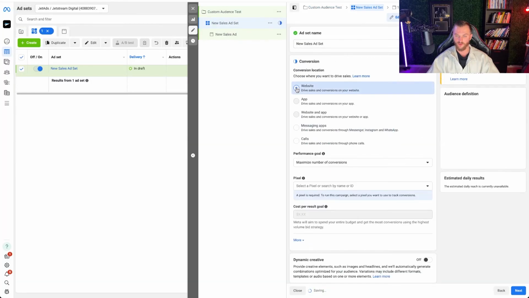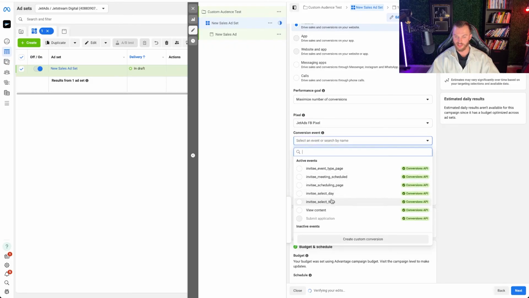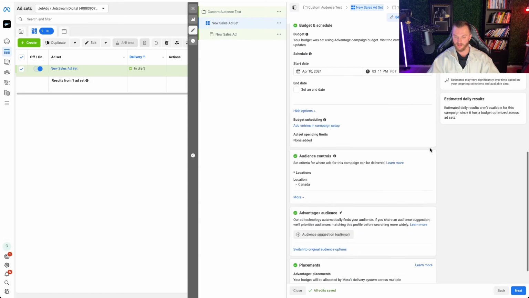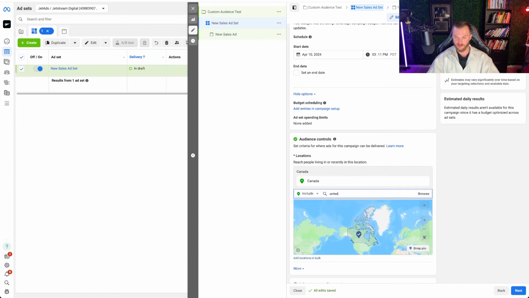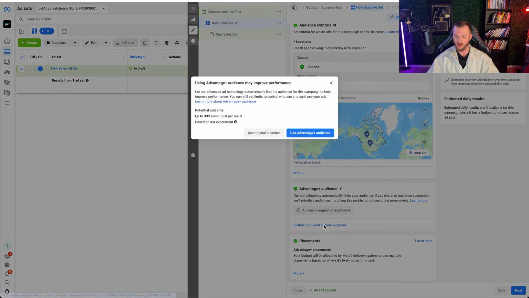And this is where we're going to set this to website. We're going to add our pixel in right here. Conversion name. Let's say we want our conversion to be invitee meeting scheduled. Great. We have that. Scroll down here. Past all of this, you can change your location targeting right here. So let's just say I want to add in the United States as well. Boom. Keep scrolling down here, and then under Advantage plus Audience right here, we're going to switch to Original Audience